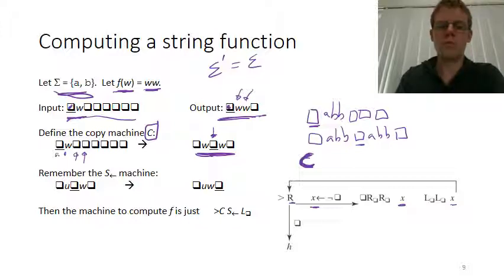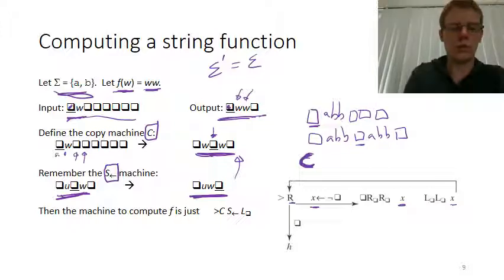Now if you remember from class, we defined this shift left machine, which, if it was sitting on the blank at the start and it had something to its right, would move that one space to the left with respect to anything that's on the left, but they didn't need to match. So if we have something that does this operation here, we can apply it to the situation like this, and what we'll end up with is something that goes from our initial configuration